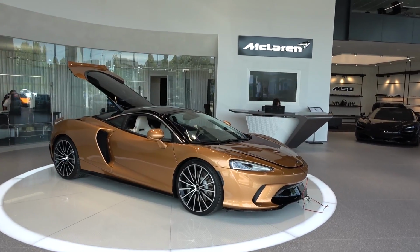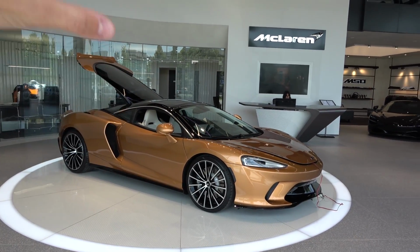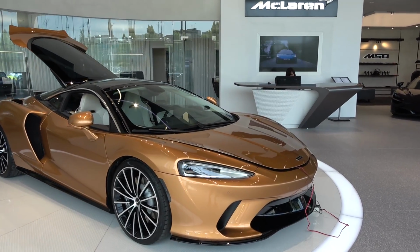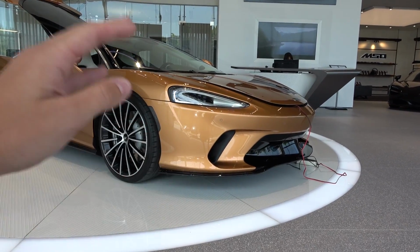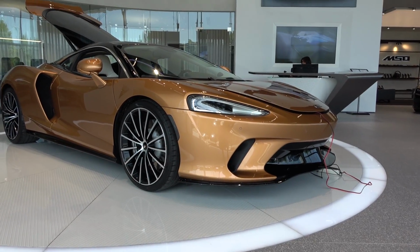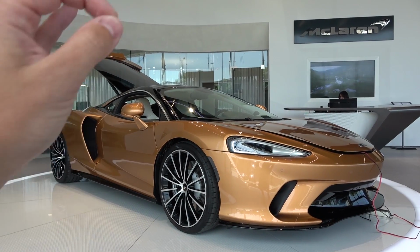Other things that McLaren have fiddled with for the McLaren GT, they've fiddled with the steering and the brakes. They've recalibrated them so that it is much easier to cruise around town at low speeds. And also the ground clearance that I talked about earlier is actually 11 centimeters. It is 11 centimeters off the road and still has nose lift that raises it an additional 2 centimeters, meaning that you have normal road car ground clearance in a car that looks as good as that,